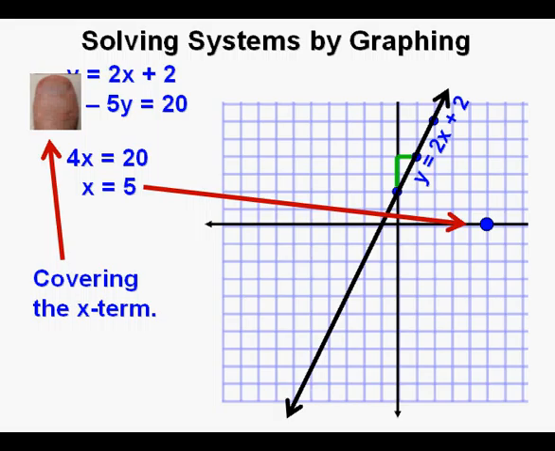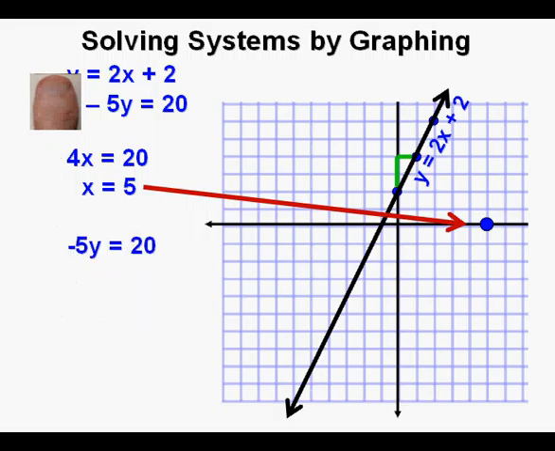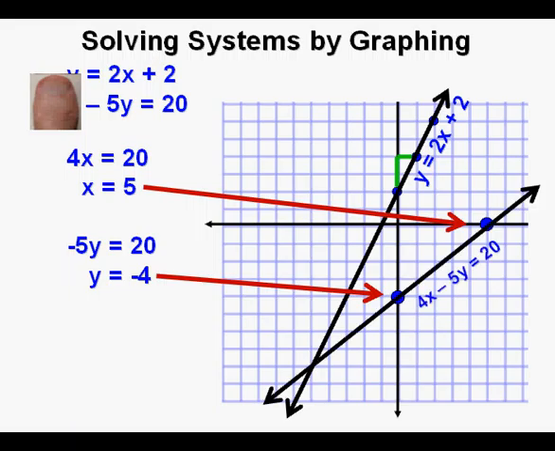And that gives us -5y equals 20. And solving for the y-intercept, we divide by -5 and get y equals -4. And we mark the y-intercept at -4. Then we draw the line connecting the two intercepts and label the line with the equation 4x minus 5y equals